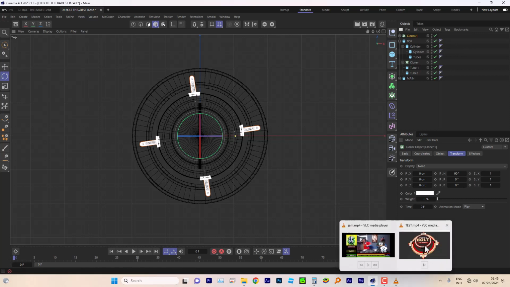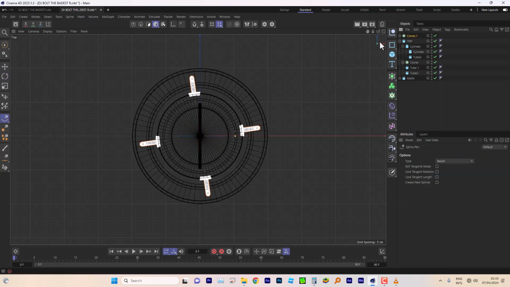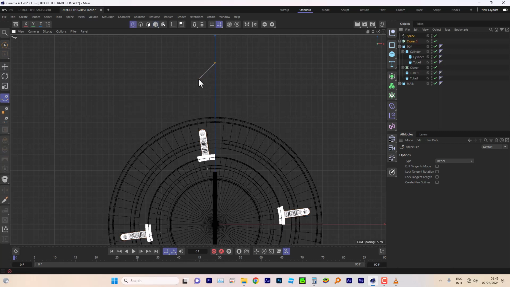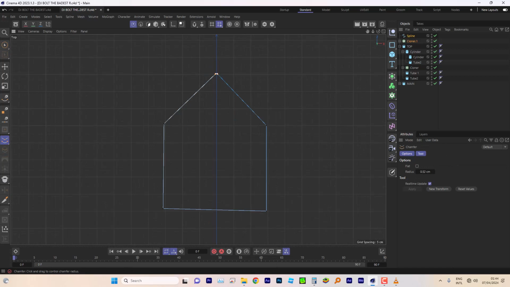So what you're going to add here is these spiky points here, here, here, and here. So how I did that, just took a pen tool and then just did 1, 2, 3, and then there, and then joined those. I just came here and then grabbed that, right click, chamfer, and just chamfer that,